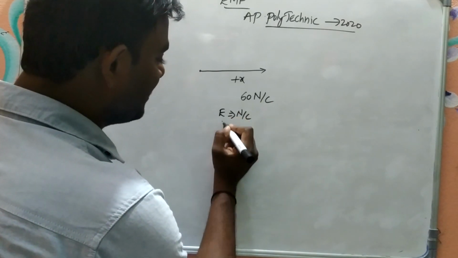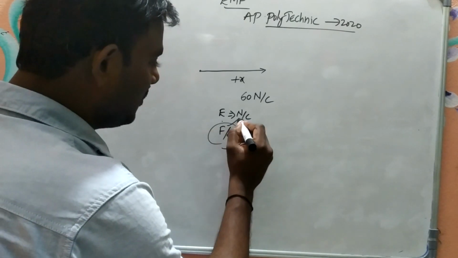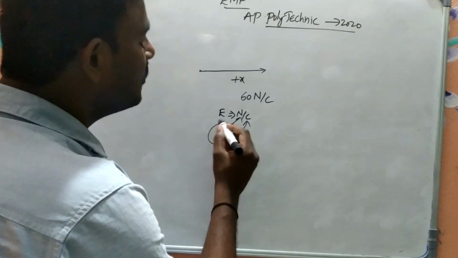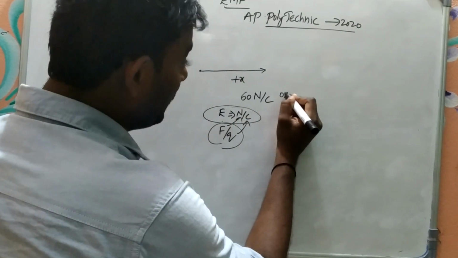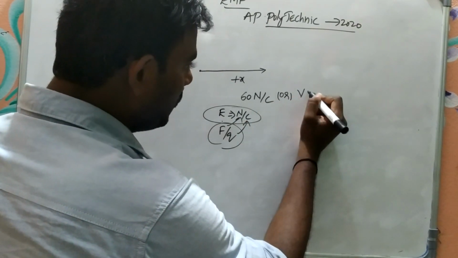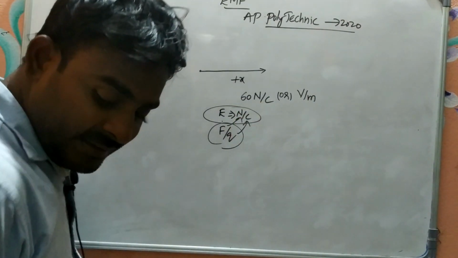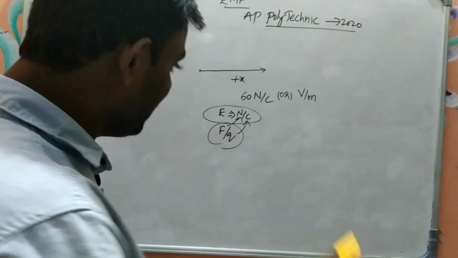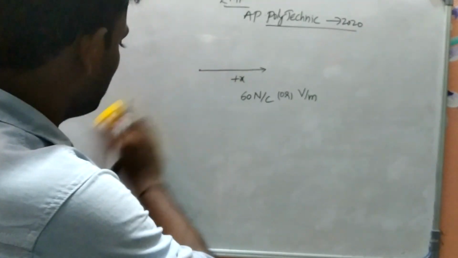Because electric field intensity is nothing but force per unit charge. Force unit is Newton and charge unit is Coulomb. So the electric field intensity unit is Newton per Coulomb, or the most commonly used unit is volt per meter. So the electric field intensity, which is directed uniformly in positive x direction, and it has the magnitude of 60